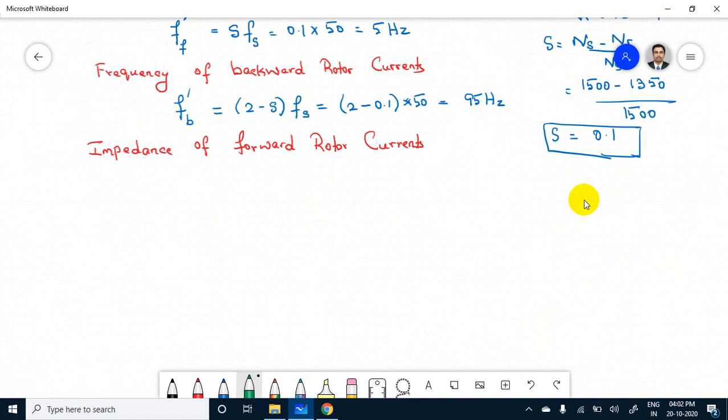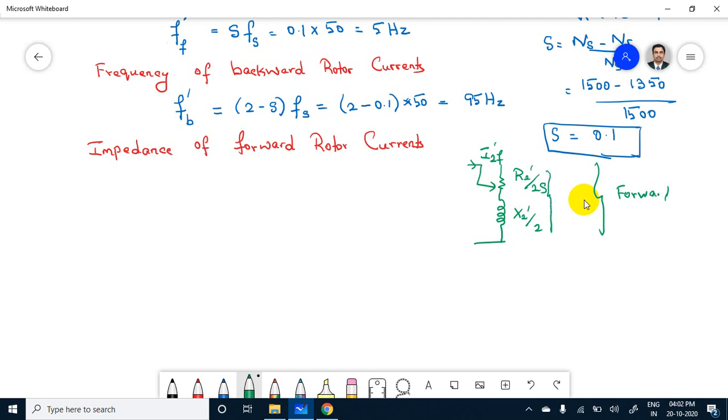Okay, so in the diagram, in forward it is R2 dash by 2s, and X2 dash by 2. The current flowing here is I2 dash f. Okay, this is for forward, right? So the combination of these two, I can write